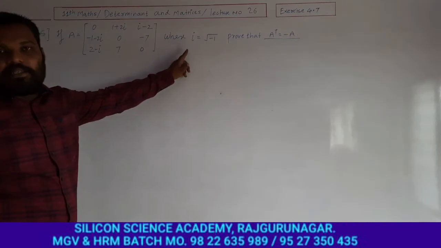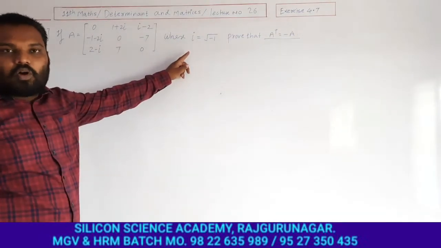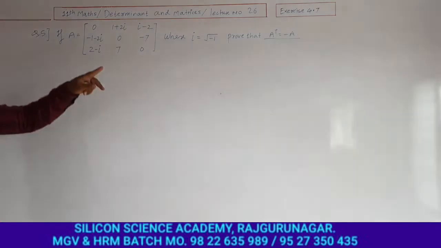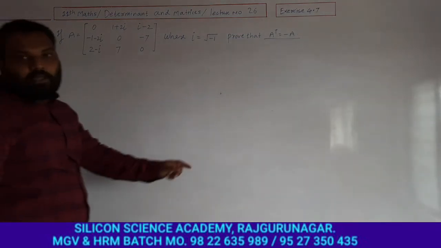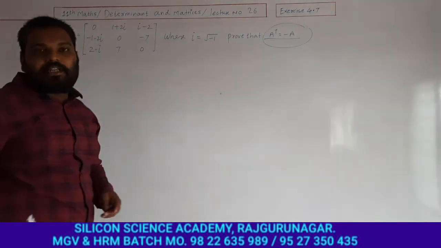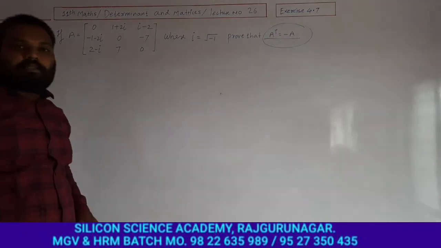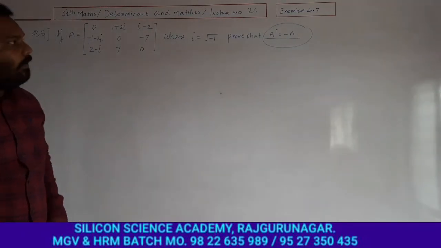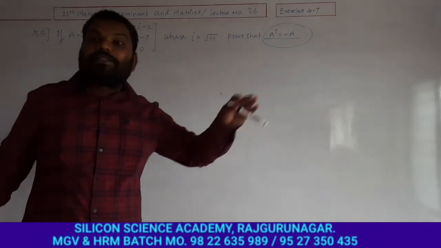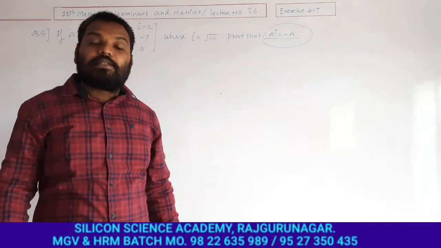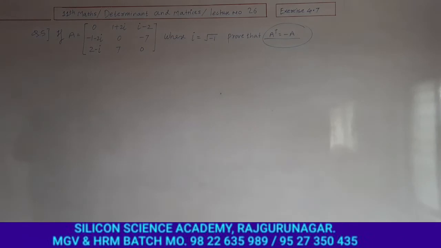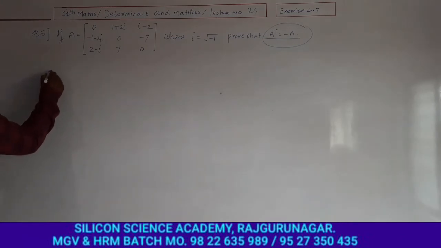You know that i is the imaginary number in a complex number, where i is under root of minus 1. Now we have to prove that A transpose is equal to minus of A. हे बघा ना आपल्याला हे प्रूव्ह करायचं आहे. याचा अर्थ हे जो प्रूव्ह झालं A transpose is equal to minus of A, याचा अर्थ असा झाला की स्क्यू सिमेट्रिक मॅट्रिक्स. ही कंडिशन स्क्यू सिमेट्रिक मॅट्रिक्सची कंडिशन आहे. तो भाग वेगळा आहे पण आपण हे सुद्धा प्रूव्ह करू. ओके? व्हॉट इज A?